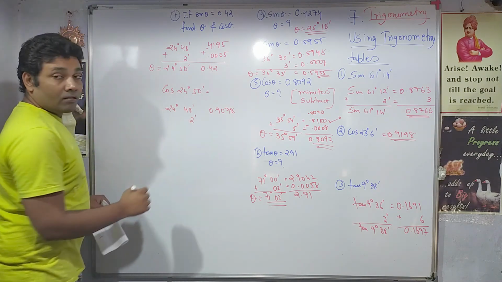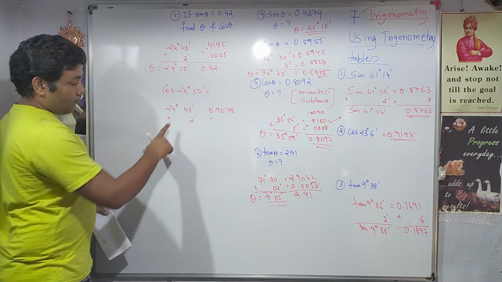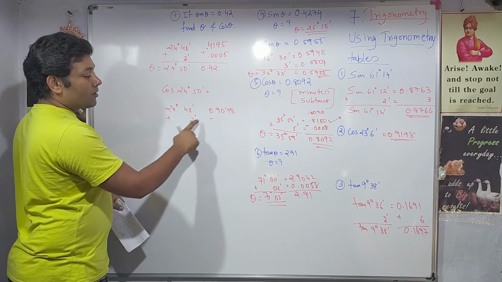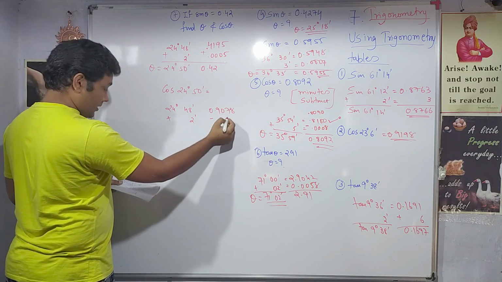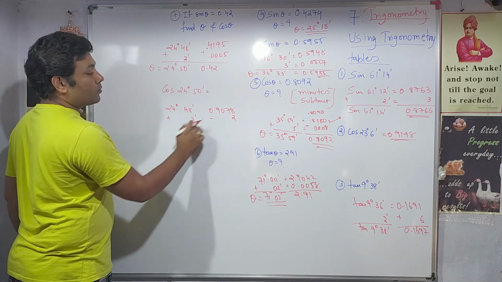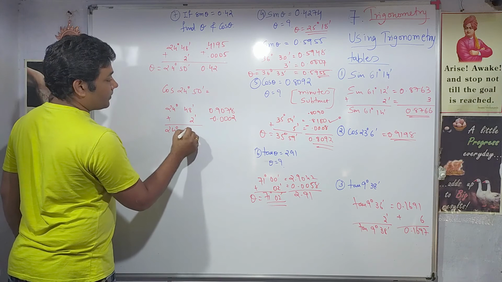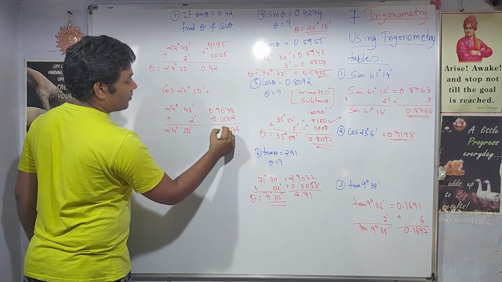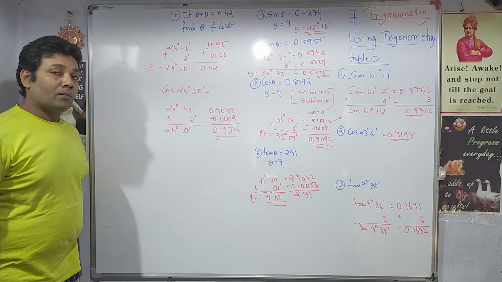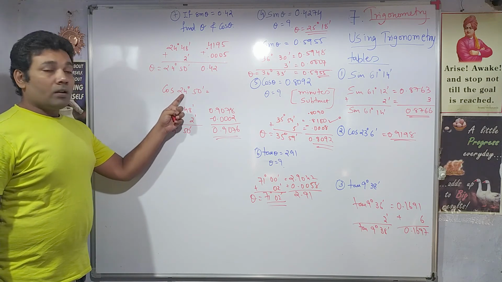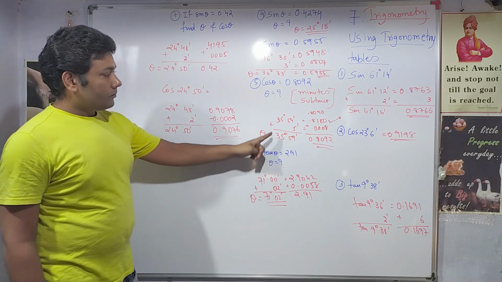Now 2 more minutes to be added here, but as I said, in case of cos you do subtraction for the minute values. That is what I had said here. So on this side you will do minus, corresponding to 2 minutes, your value 2. So do the subtraction. For 24 degrees 50 minutes, here it will be 0.9076. So this is the answer corresponding to 24 degrees 50 minutes. Once again, for cos, you will have to select the closest largest value.